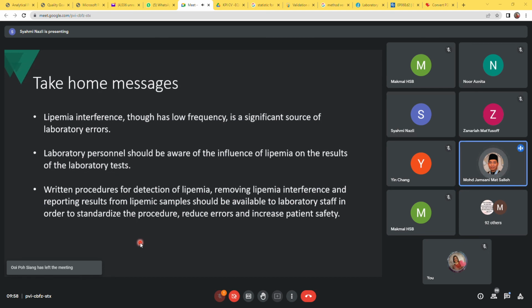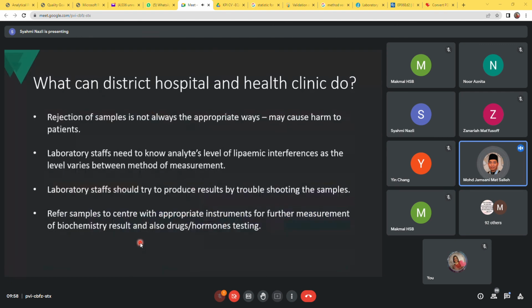Okay, tak ada soalan. So kalau tak ada soalan, saya nak summarykan sekali lagi yang kepentingan. Kalau ada mana-mana sampel yang sangat lipemic, bermaksud sama ada di klinik kesihatan ataupun di hospital, perlu pastikan bahawa sampel itu tidak hanya di-reject. Maksudnya you just beritahu, sampel ni lipemic, saya tak boleh buat analisa dan saya reject. Tetapi sampel itu sama ada yang pertama perlu notify kepada doktor bahawa the sample is very lipemic, which is this is